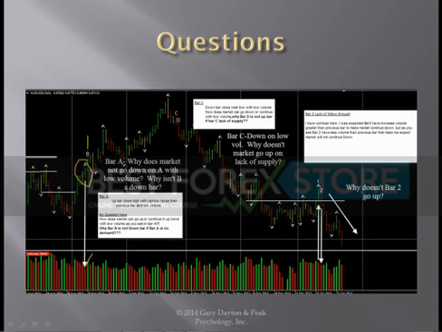Well, there's a number of reasons for that, but the basic ones are this. Look at the nice ease of movement going up here, right? Nice ease of movement going up. It's pushing up, and you've got this resistance up here, and it closes right on the resistance. So markets can go up on light volume. And what is this? The Australian dollar. Yeah, markets go up on light volume all the time.